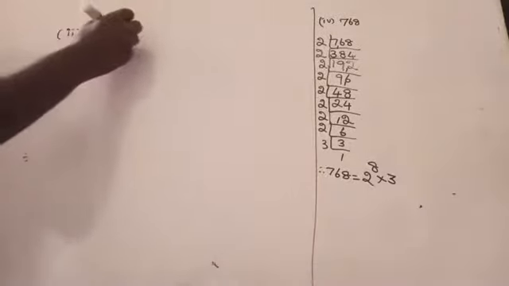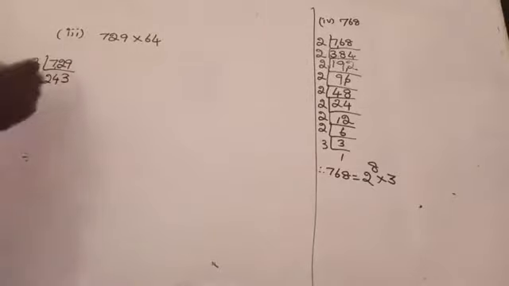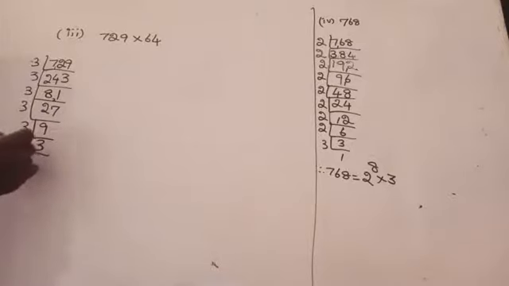It goes with 3 table because 7 plus 2 is 9. 9 plus 9 is what? 18. So 3, 2 3s are 6, remaining 1, 4 3s are 12, 3 3s are 9. Again it goes with 3 table, 3, 8 3s are 24, 1 3 is 3. Again it goes with 3, 2 3s are 6, remaining 2, 7 3s are 21. Again it goes with 3, 9 3s are 27, again 3 3s are 9, 1 3 is 3. Am I right here? Yeah, 64 now.